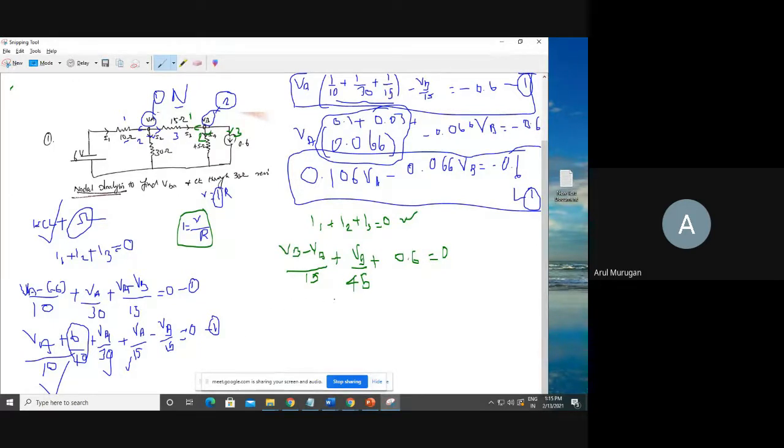You can do it. What is this I have written? VB. See, writing with a mouse is complicated. You will write it clearly. So how many VBs are there? This VB and this VB. Then I will directly take 1 divided by 15. What is the answer? Take your calculator. Tell me.